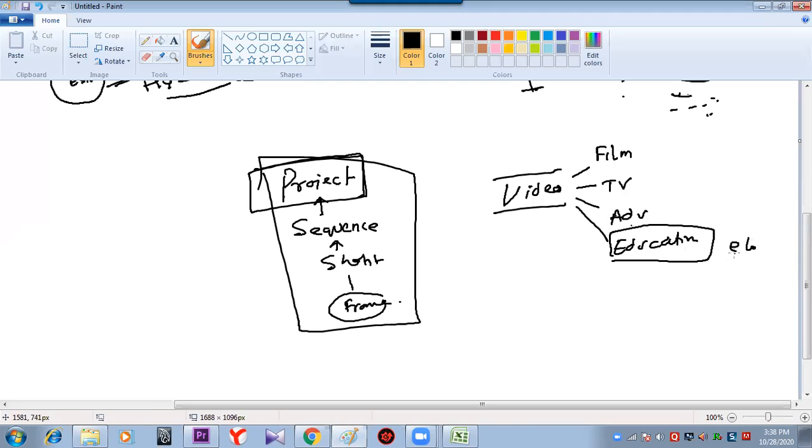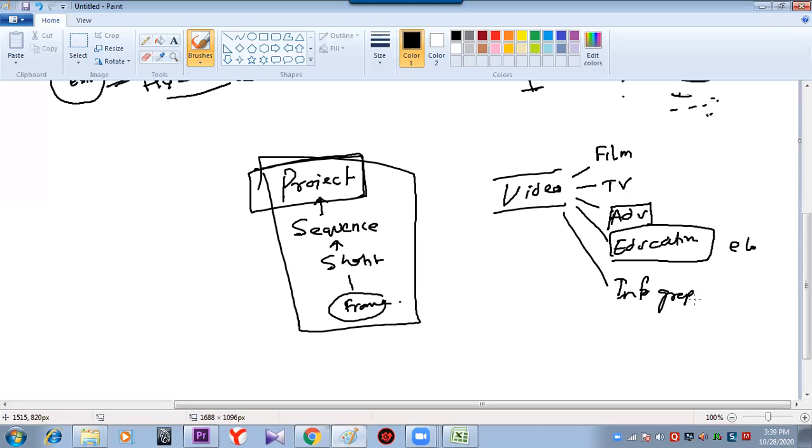All these school books are turned into video format. They use video editing software. Unless video editing software is used, it is not presentable. So they have to use it. Whether compositing or VFX is there or not doesn't matter, but editing will be there. Now, without advertisement, business never happens. Now, motion graphics, infographics.